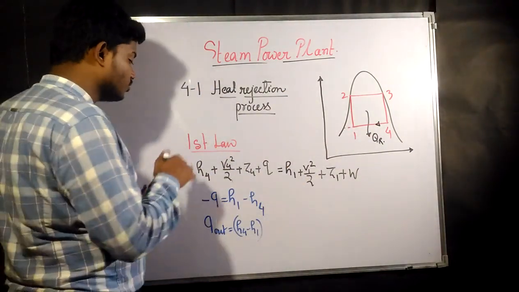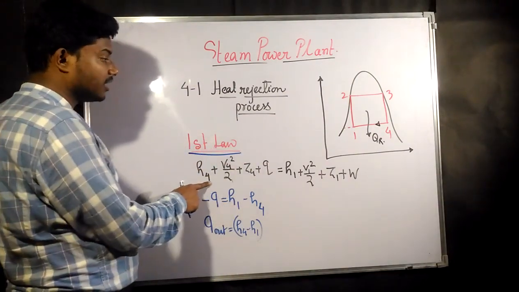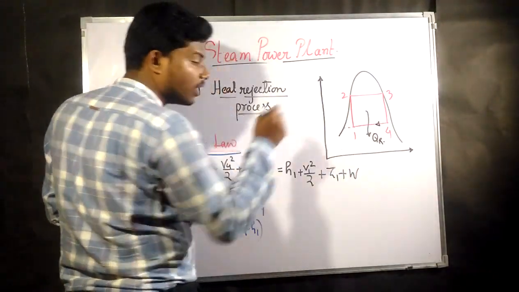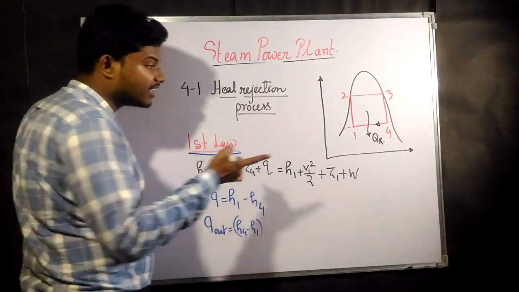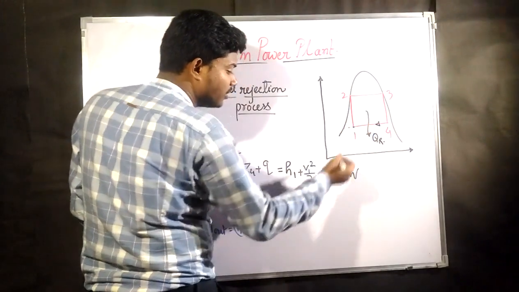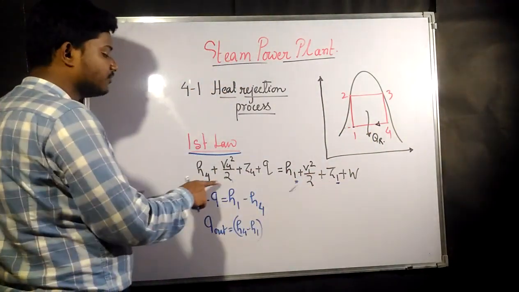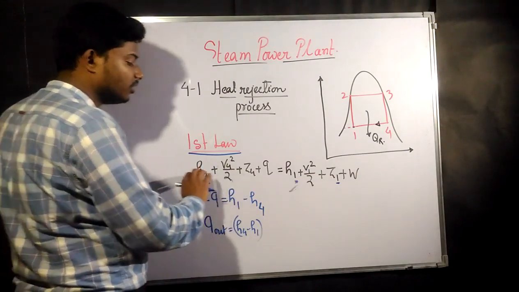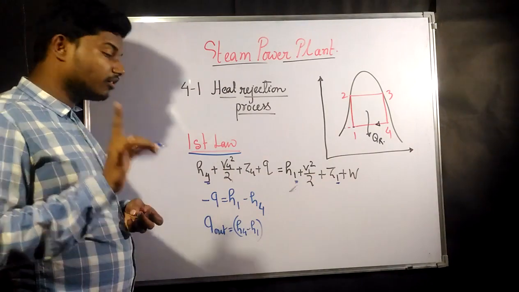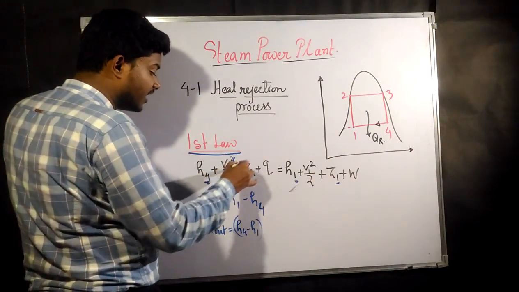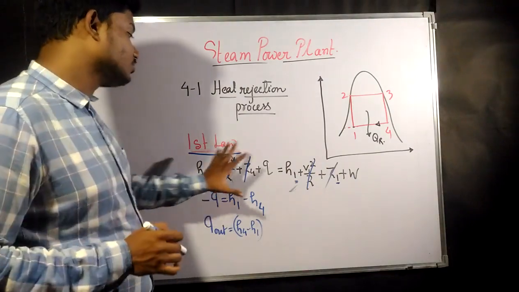The condenser was an open system. If you remember, the first law for an open system was nothing but enthalpy. Now it is going from 4 to 1, so our initial condition is at 4 and our final condition is at 1. We have written H4 plus V4 square plus all the terms, which we wrote for the first law for an open system. Now if you neglect the kinetic energy and potential energy changes, it is going to be like this.